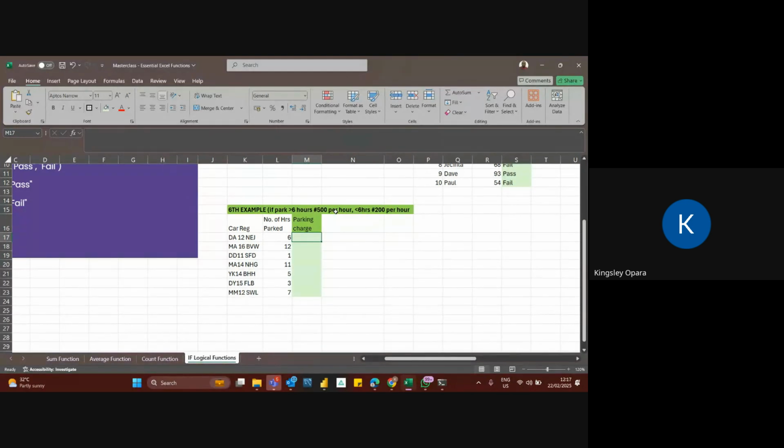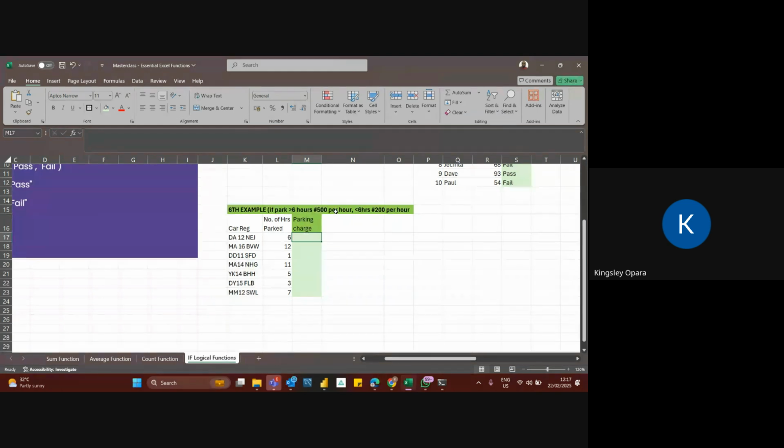Does this make sense? Now, this is the manager. The manager has given the attendant this instruction. Now, it is left for the attendant to imagine how he wants to put this down in Excel and ascertain how much he ought to have made today, and maybe he wants to reconcile it. He wants to bill the people who have come to park the cars, issue out receipts, and reconcile and check how much he's made against how much he has actually received today. So the manager has just put statements.